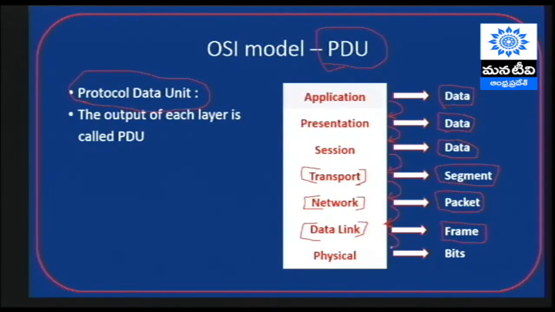In the physical layer, no new header is added. It directly converts the frames into bits depending upon the physical connectivity we have, either copper, fiber, or wireless communication. So this is the conclusion of the OSI model, and now we are going to look at the next model, which is